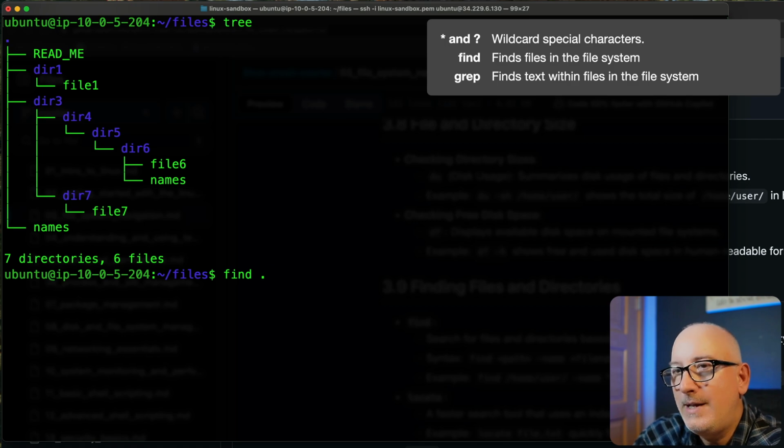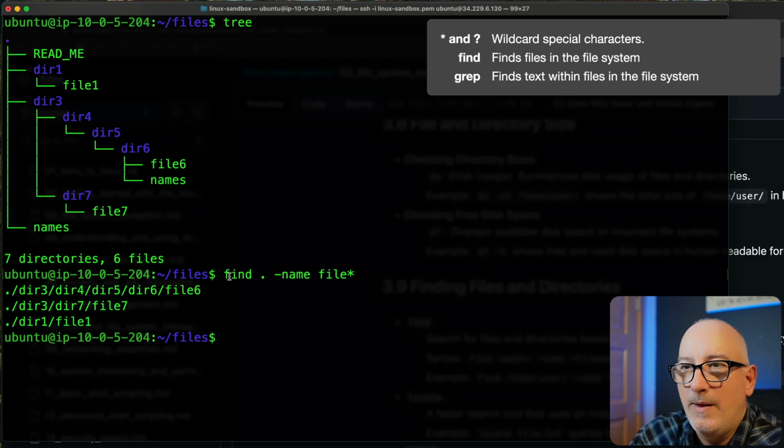And then I need to give it which file or what kind of file I'm looking for. I'm going to look based upon name, and I want to see it fit this expression, file and asterisk. So I don't care what's after that, but I want it to be like that. I'm going to hit enter, and let's see what it finds. This find command searched in the current directory, which is this dot directory, and it searched all of these. Did it find file1? It did, under